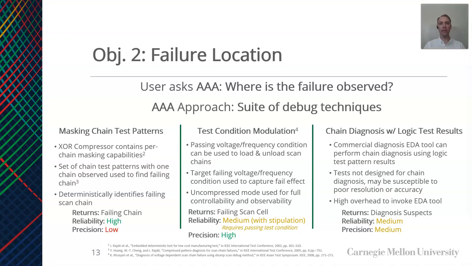Next, the technique of test condition modulation can be used. In this method, the scan chains are loaded at a voltage and frequency condition where the chain test is passing. Then, the test condition is changed to the failing target condition, and a clock pulse is sent to excite and capture the failure effect in a single scan cell. Finally, the chains are unloaded at the passing test condition to identify the bit position of the failure observation. While this provides highly precise results, this method is only applicable where there is a passing test condition to use